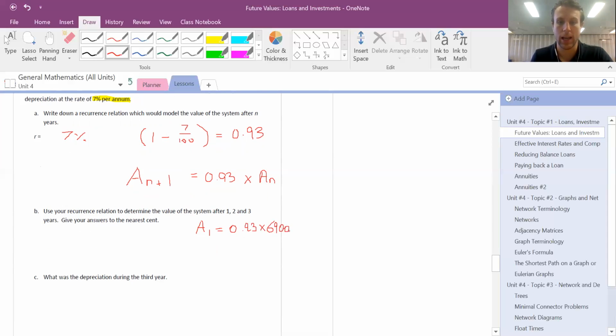And that will work out our A2 value. So we can do that quickly. 6,900 times the 0.93 gets us 6,417. So their original value of 6,900 is now only worth 6,417 the year after. And we can do the same process for A3. We use the common ratio and multiply by the first year's one, so this 6,417, to end up with